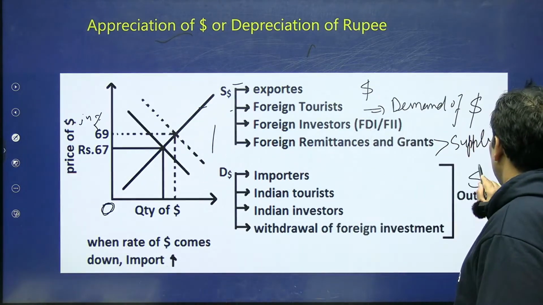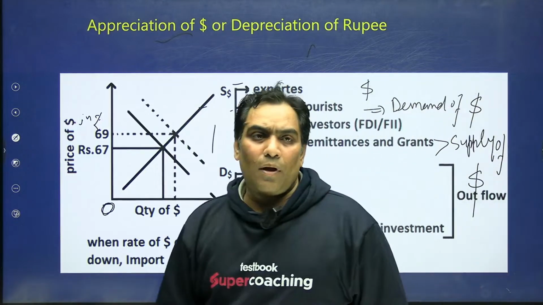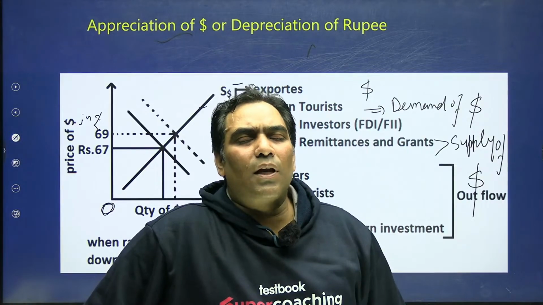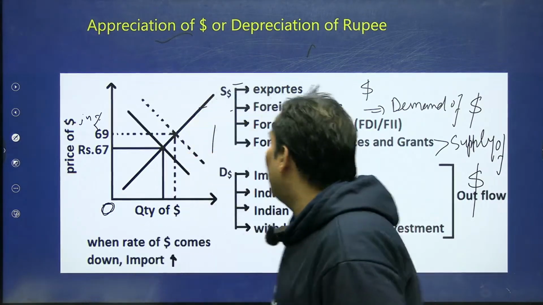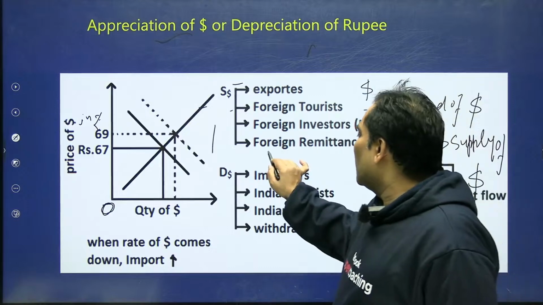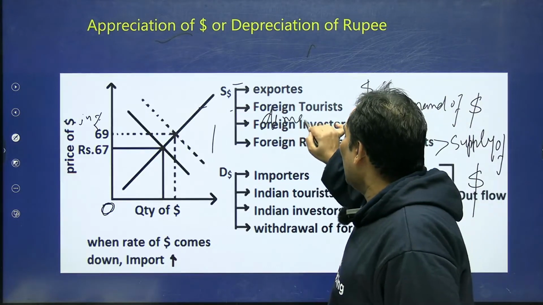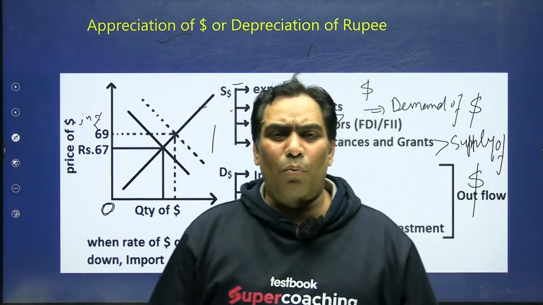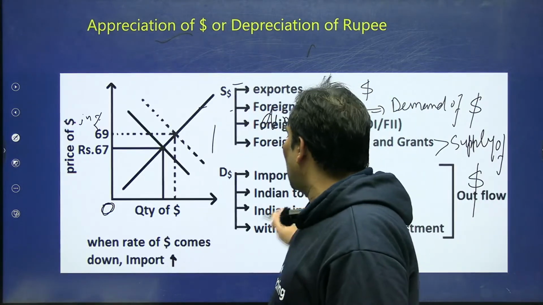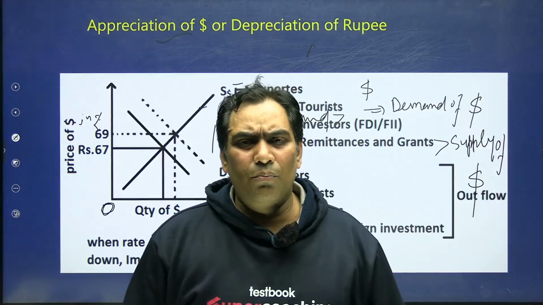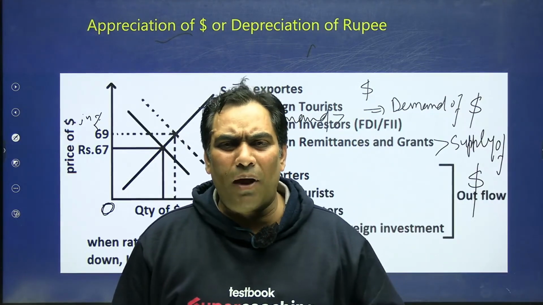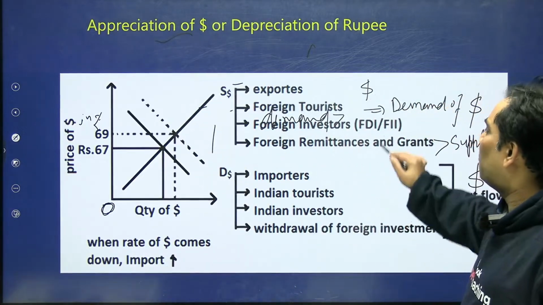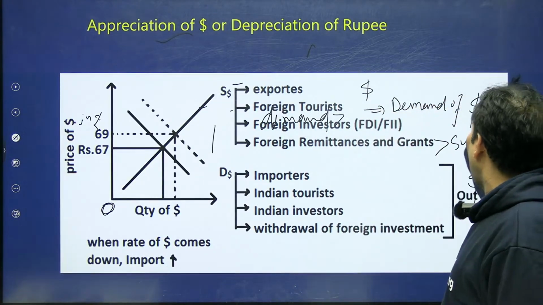Supply of dollar. My dears, I am just explaining when there will be appreciation in the value of dollar: when demand of dollar increases, when demand is more than supply, it is natural. When something is being demanded more than whatever supply is there, then there will be an increase. We discussed that is nothing but the law of demand. So that means there will be appreciation in the value of dollar when demand of dollar is more